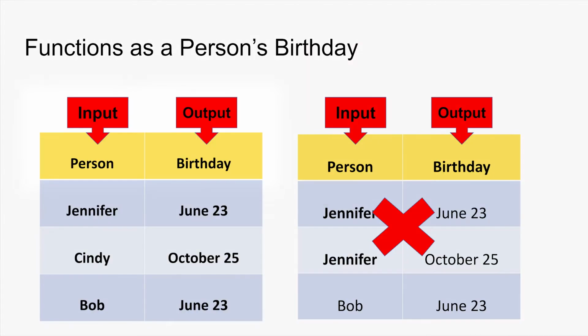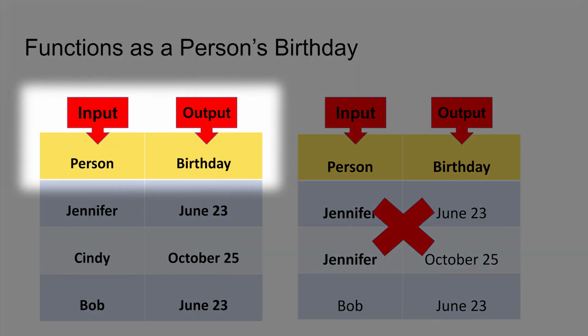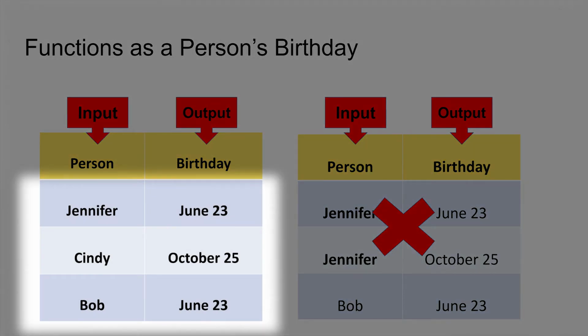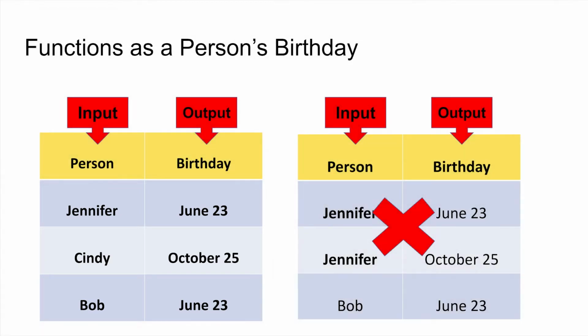In other words, if you input A1, the machine will not give you the pretzels from A1 and the candy bar from A6, unless you're lucky. Another example is a person's birthday. The input is the person and the output is the birthday. Other people may share my birth date, but I can only have one birthday. These examples show how a function works. A function takes an input value and assigns it exactly one output value using an equation.